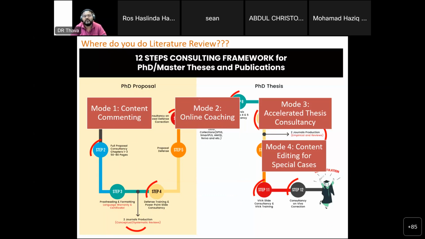Okay. So how do we normally assist and support? We have 4 different modes, but for students, mode 3 and mode 4 are the best. We will build a complete comprehensive coaching plan, chapters 1 to 3 first, or publication coaching plan. Then chapter 4 and 5 usually will run classes to teach the whole analysis process. But some students want to go direct into content editing, mode number 4. That is also encouraged.